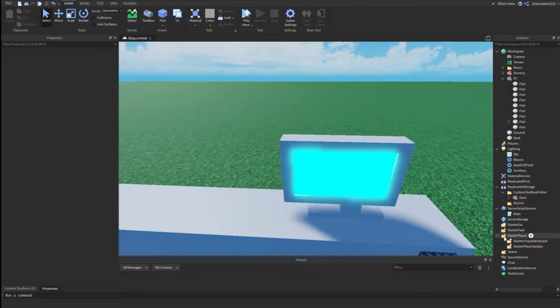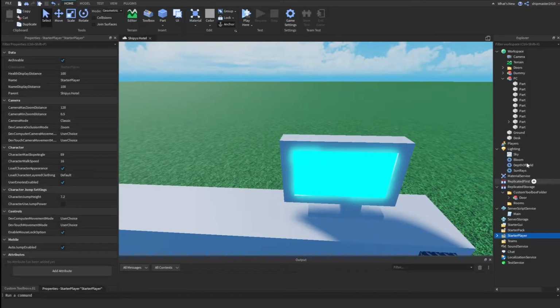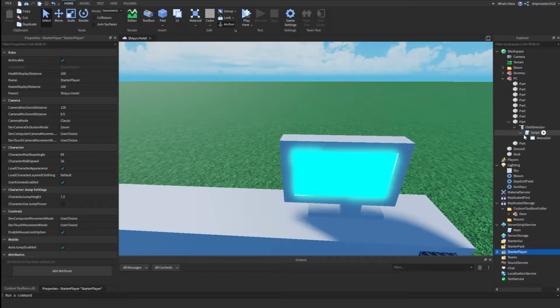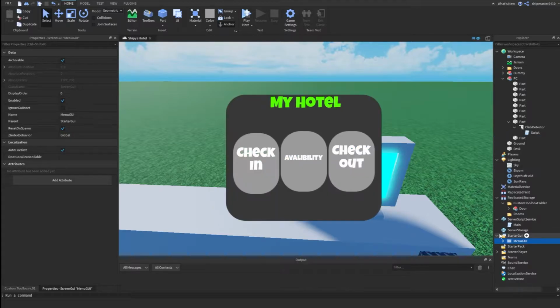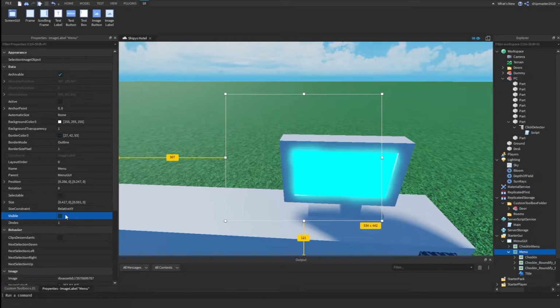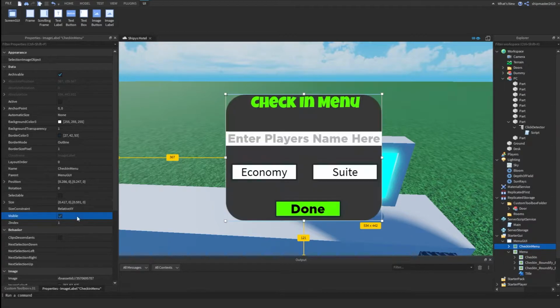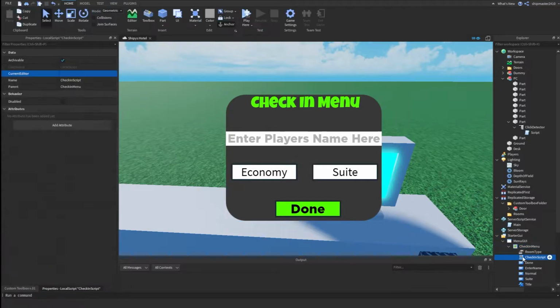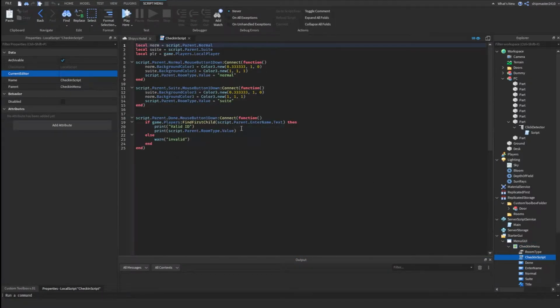So right now, I got really scared. I'm like, where did it all go? But it's down here. So right here, when you click my hotel, all that, cool. So what does it do? So right now, I'm going to open the check-in menu, and go back to this script. So when you hit submit, it's going to make it,